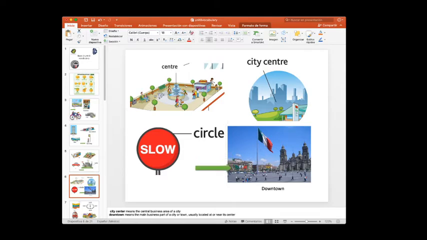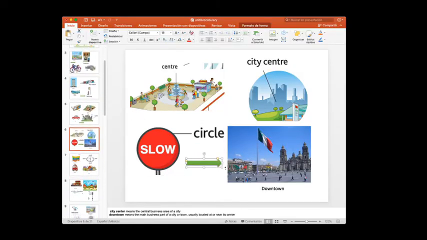Okay, so it is different. For example, in Oaxaca, the most important part of business is outside of the center. So the downtown is where the cathedral appears, but the city center is in a different place. Okay, so that's the main difference between